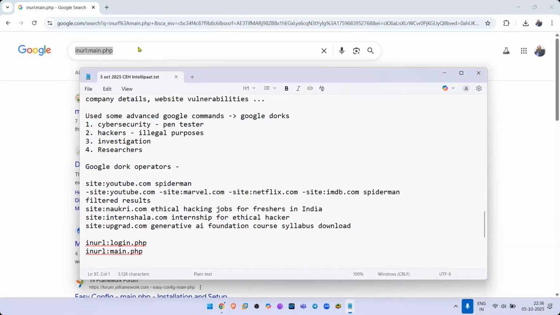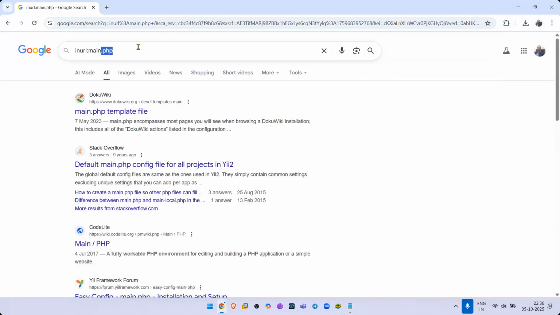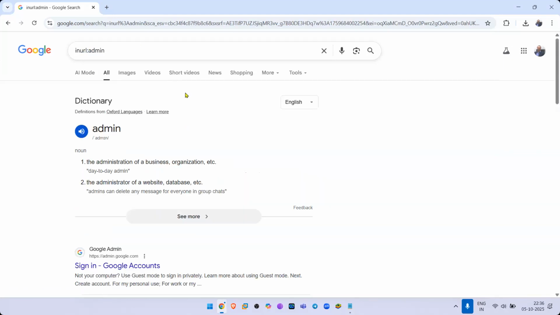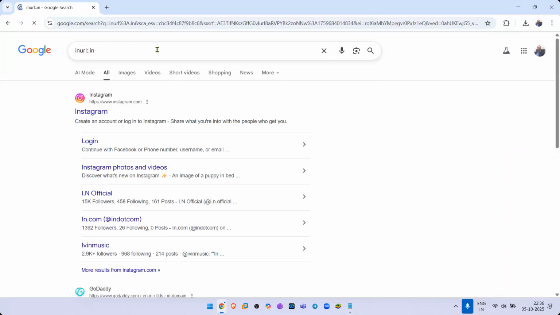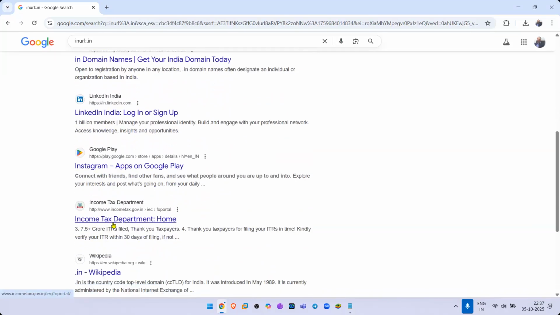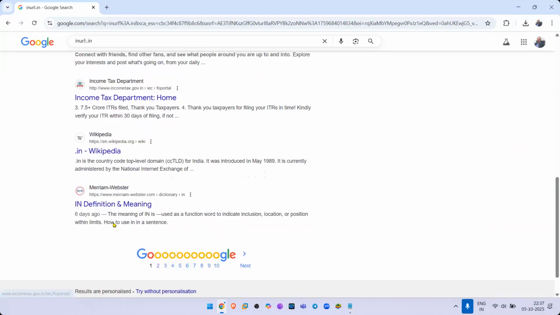You can try inurl admin, inurl .in. So any website that has .in, .in is an Indian website.